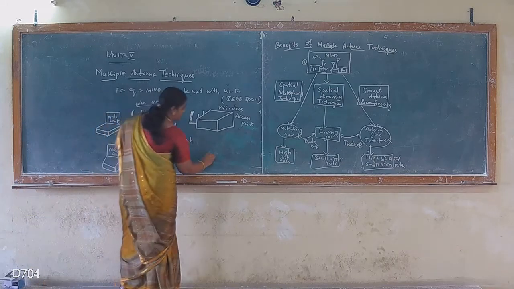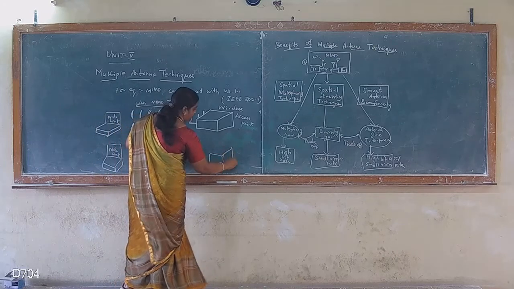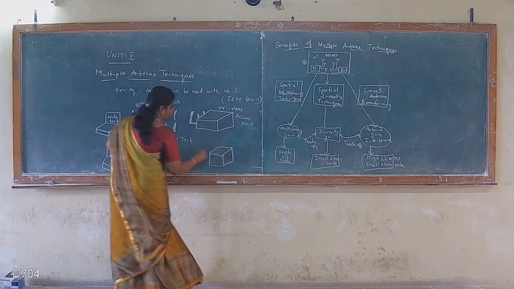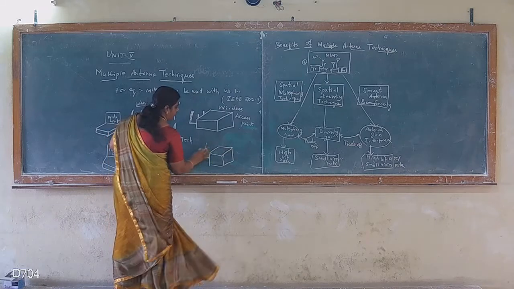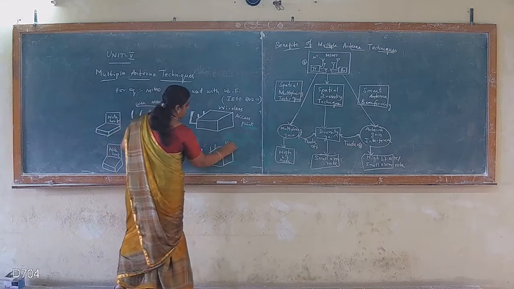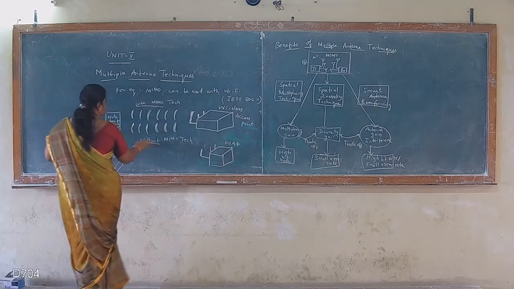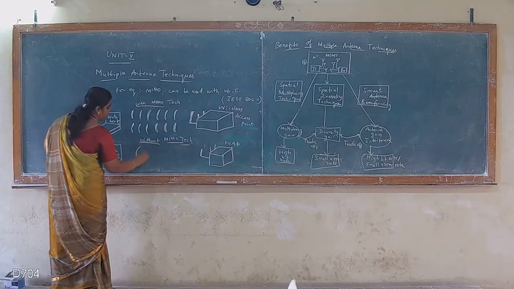The connectivity established between them is reduced, right? With MIMO and without MIMO. So this is the best example you can explain, with and without MIMO, of what happens between the device and the service provider